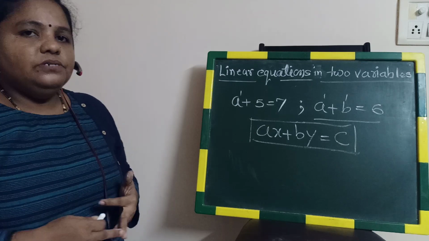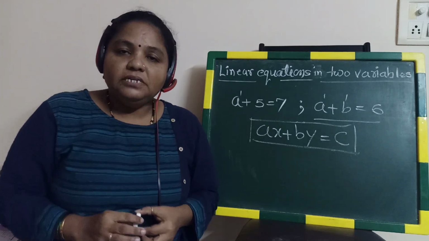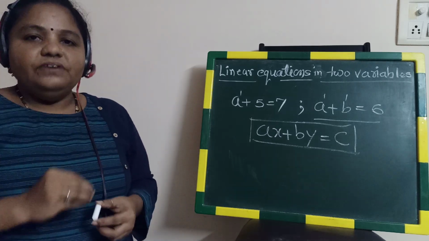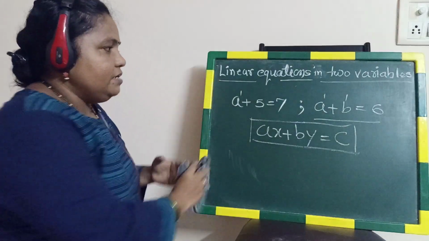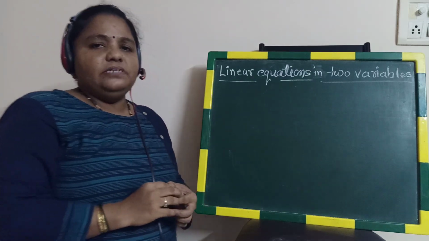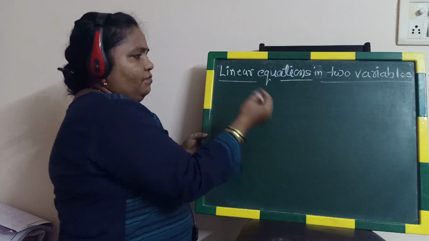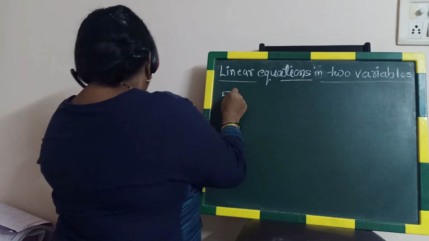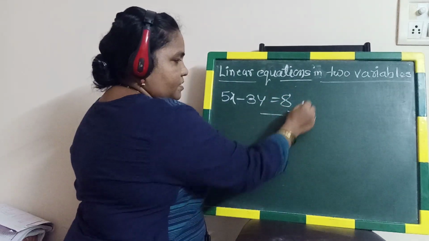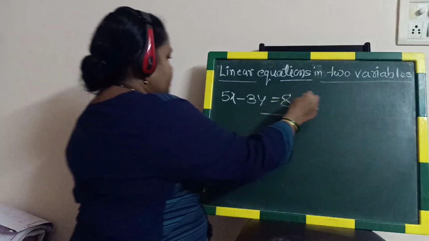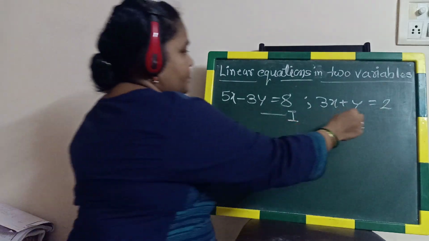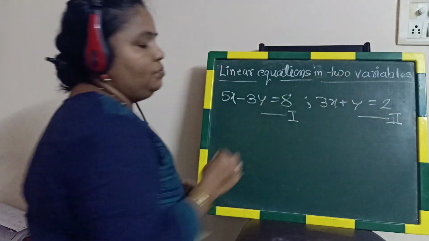Now in this session we are going to learn the method which is elimination of the terms. That means elimination of one variable. Now how can we use that method? Actually we had learned that method in our 9th standard, so here we are just going to revise it. For that, suppose one equation is there, 5x minus 3y is equal to 8. This we can take as our first equation. Then the second equation is 3x plus y is equal to 2. Now this we have to consider as our equation number 2.